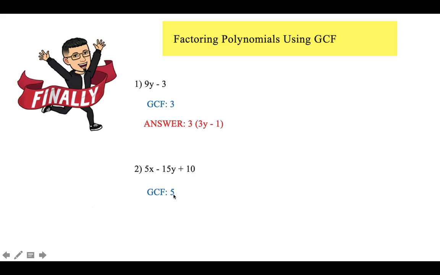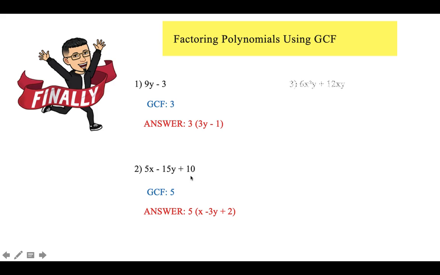Then this 5 will be one of the factors. Then divide this GCF into each term. 5x divided by 5 is x. Negative 15y divided by 5 is negative 3y. Positive 10 divided by 5 is positive 2. So these are the factors: 5 times the quantity x minus 3y plus 2. To check if it is really correct, just multiply, distributing the 5 to each term,